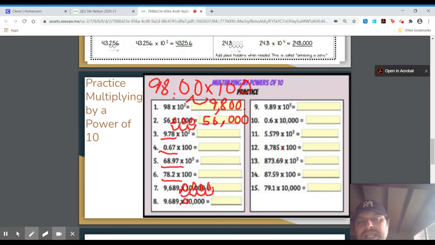So number 7, I moved it over 4 place values. This is going to be a huge number, number 7. So I'm going to write this out. 9,